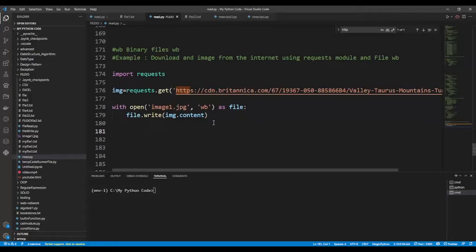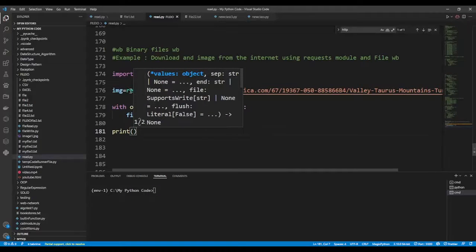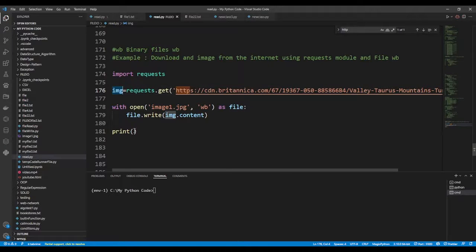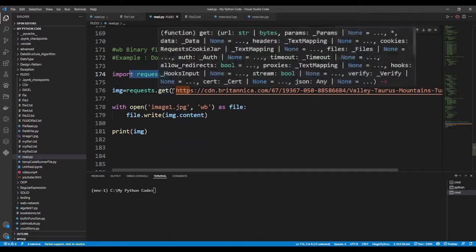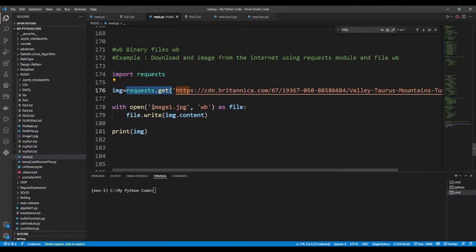Another way to check if the download is well done is just to do a print, because when you do request.get, it returns you the status code of the request you just made. So if I do img, it's going to return the status code of the request. If it is 200, that means it downloaded the image. So this is the code. You import request, you get the image from the internet, you open the file where you want to store the image, and then you write the image to that file, and then you print to know if the image was